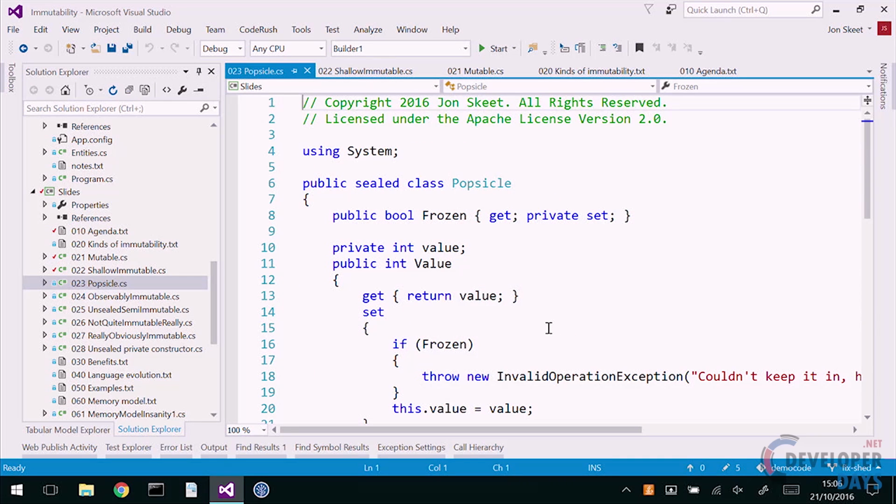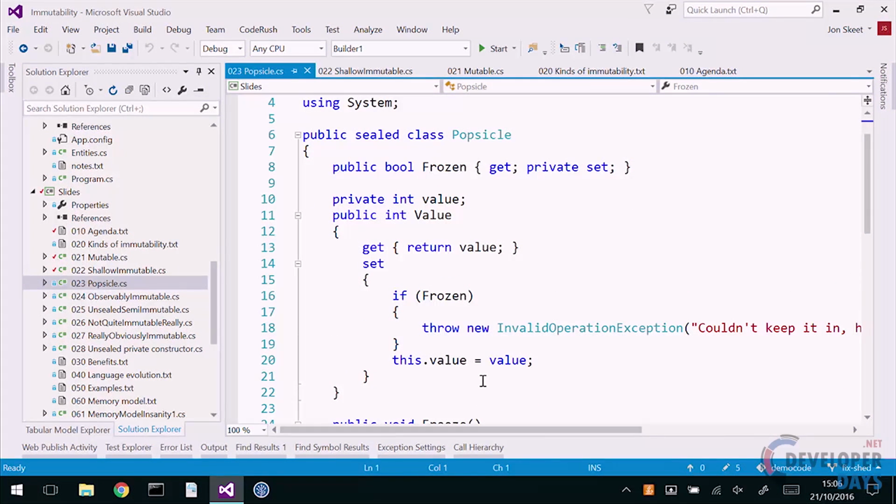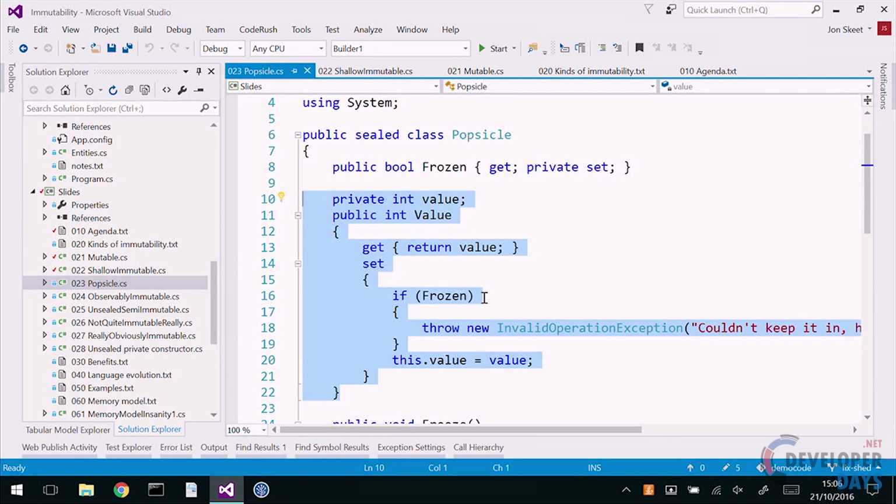Okay, next up, Popsicle Immutability. This is not an official term, but this was coined by Eric Lippert, who is a smarter person than I am by a long, long way, and so I thought I'd go with the flow. So here we have, it's much more complicated than our previous things, even though it's really only tackling one bit